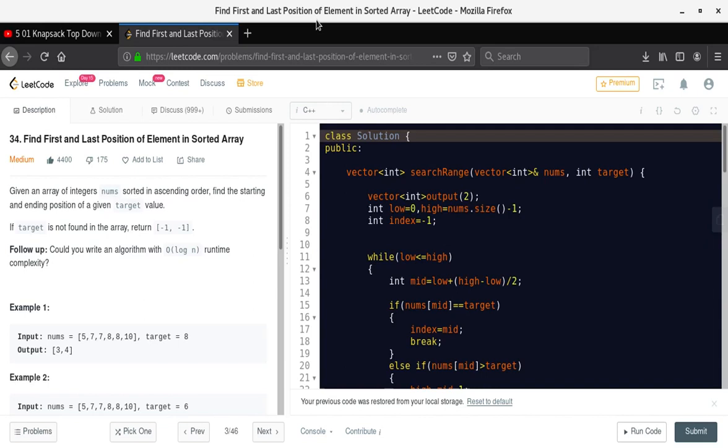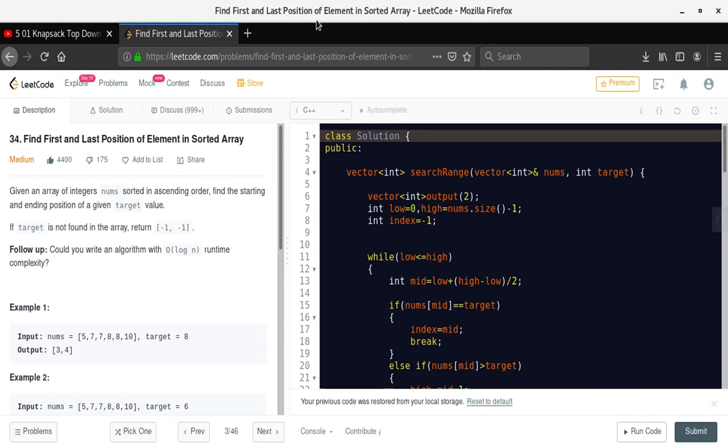We put the index of the first occurrence of the value, and we just keep moving, and each time we get a new value index, we update our second value in the output vector, right?